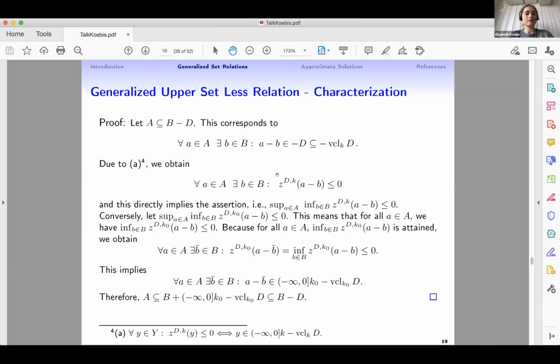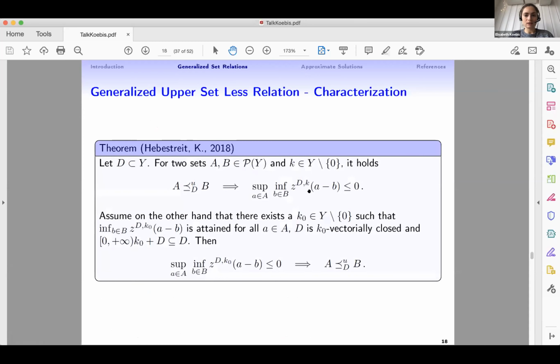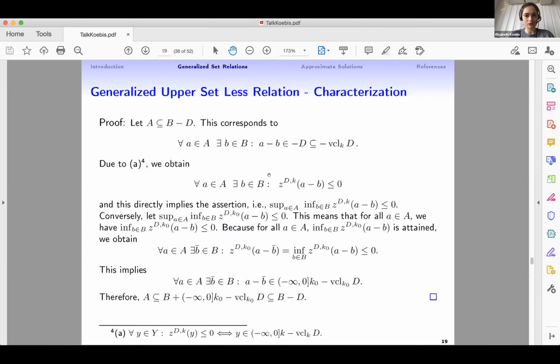And this exactly gives us our first assertion, which was that this inequality here holds true. Now for the inverse direction, we assume that this here is fulfilled. And this means that for all a, we have that the infimum of this function value is smaller or equal than 0. Because we had assumed that for all a, this infimum here is attained, we obtain that for all a, there